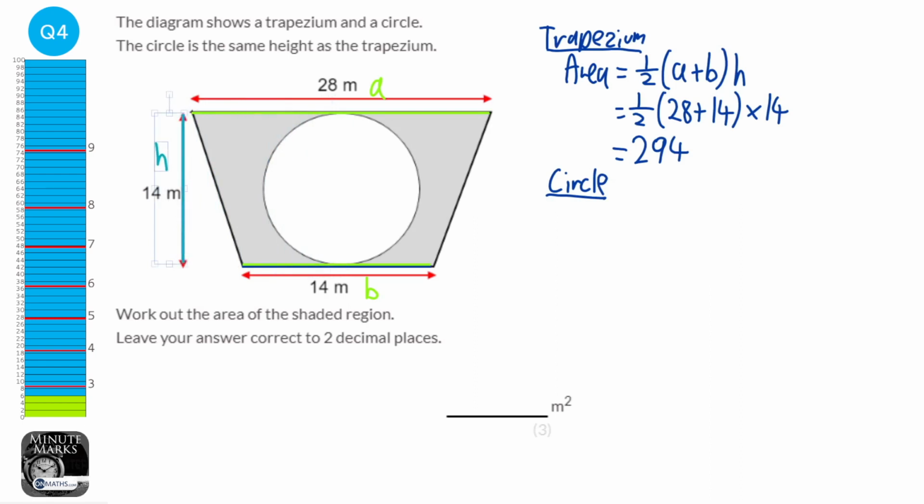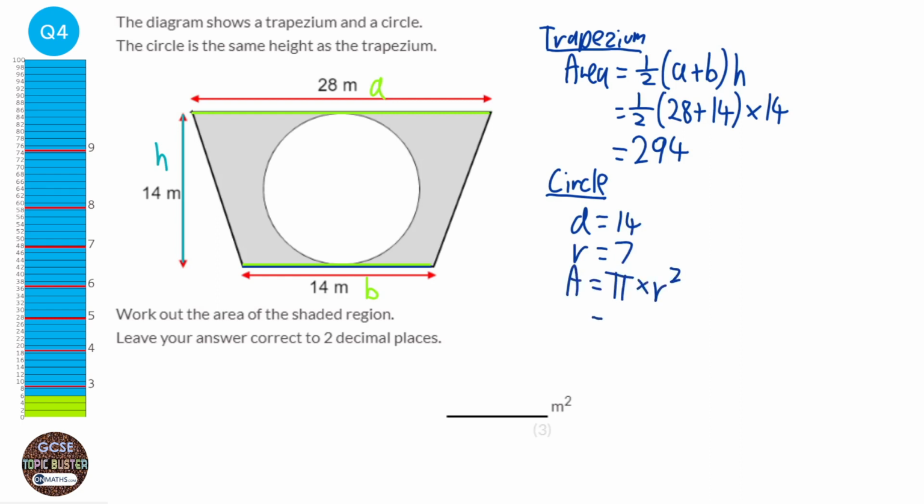So the height of the circle is the same as the diameter. So the diameter of the circle is 14. Therefore the radius would be half of that, which is 7. And the area of a circle is pi times the radius squared. So it would be pi times 7 squared, which will be